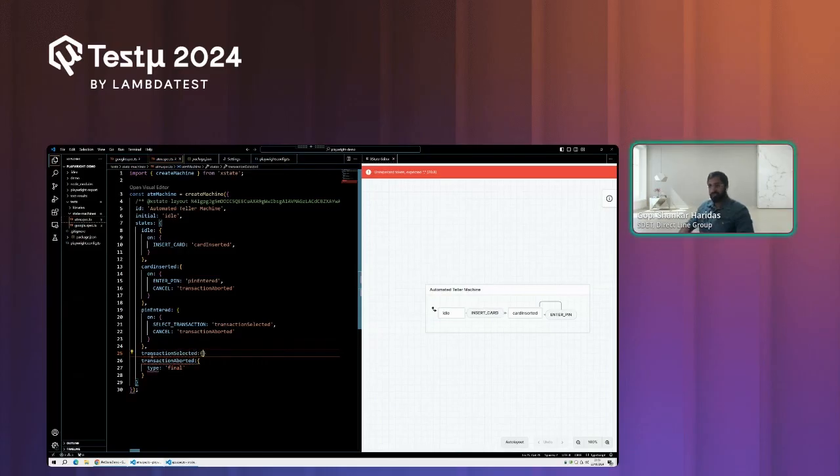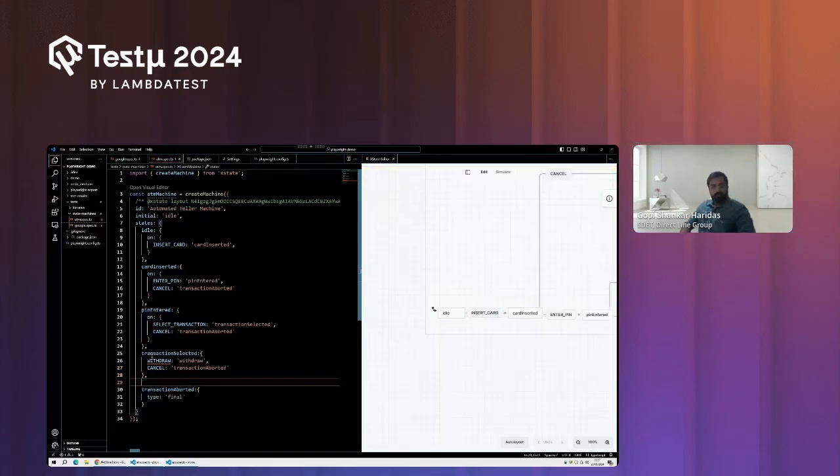Okay, which is a new state. And we are going to have two different actions, withdraw money, which is going to take about, okay, now dispense cash, right? So it's going to withdraw, which is another state. And from there you can also cancel the transaction anytime you want. Transaction aborted. Yeah. So once we have the transaction aborted, then it's basically about